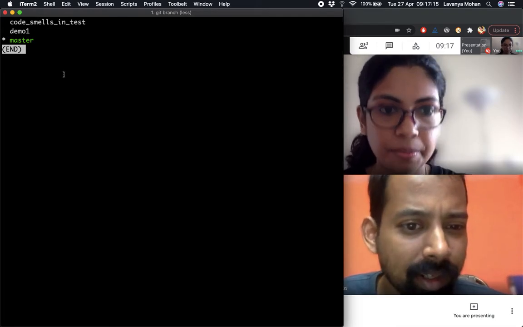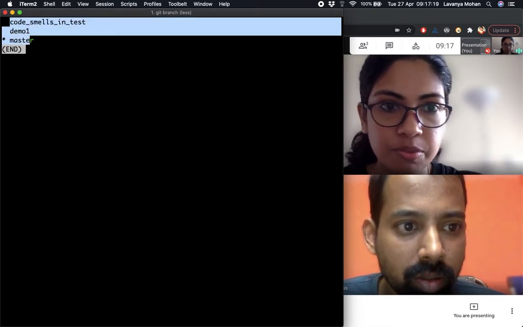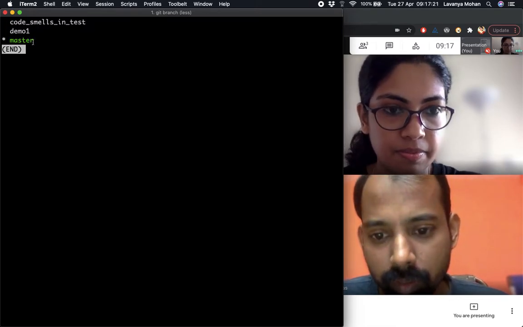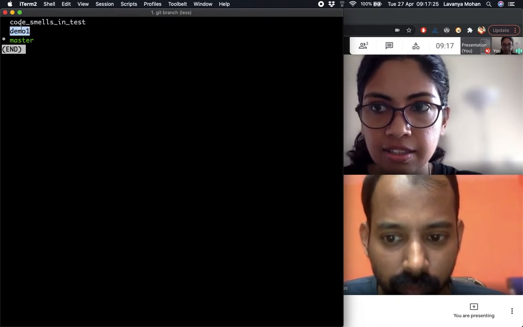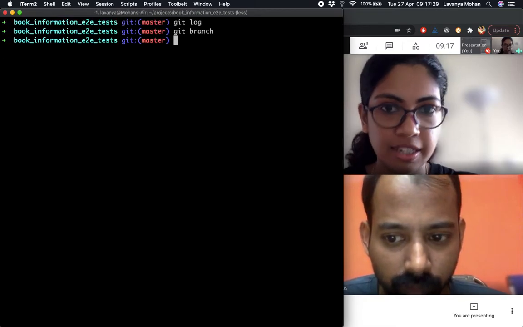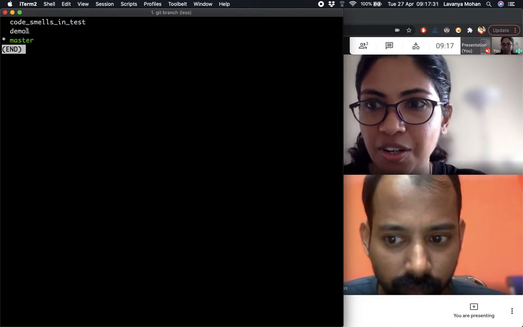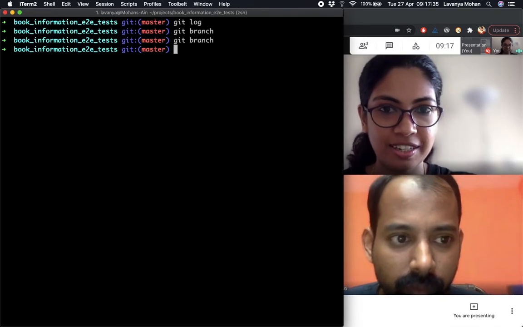So, okay, what does it list out when you say git branch? This lists all the names of the branches. Basically all branches. So currently there are 3 branches in this repository. Let's now create, there's one called demo1. So let's just create a demo branch right now to see that another gets created.